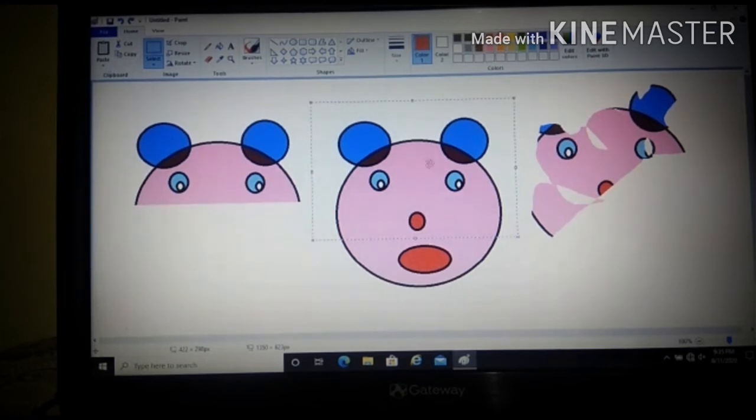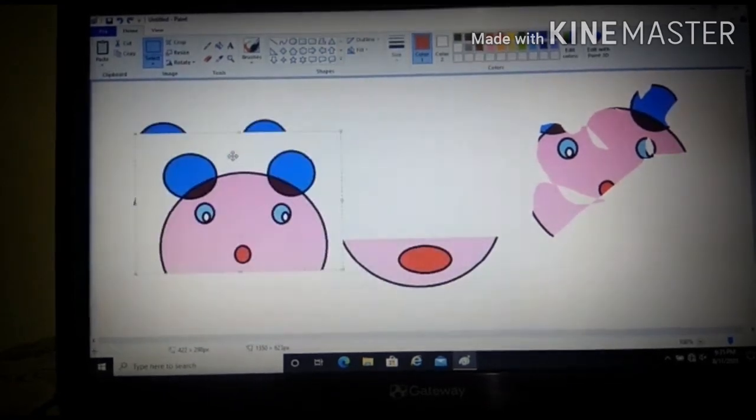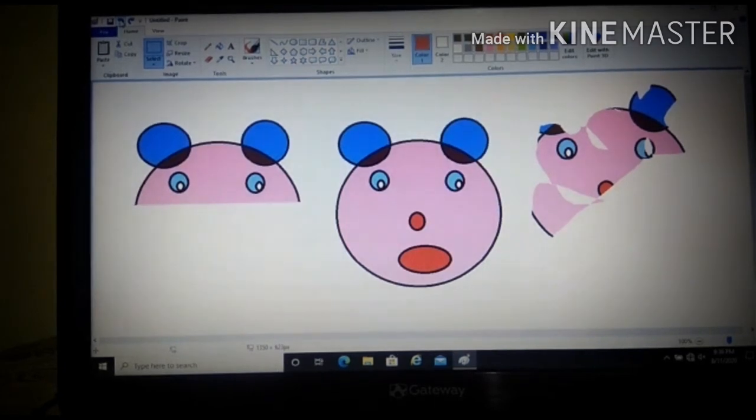Then can you see the mouse pointer shape is converted into a plus sign, right? Now see the difference. What happened? The selected area is moved from one place to another. Not only is it moved, it is actually cut from that place and it came to the other side. Are you getting it? How have you done that? I will undo this. Again you will see. Okay. Select the rectangular shape.